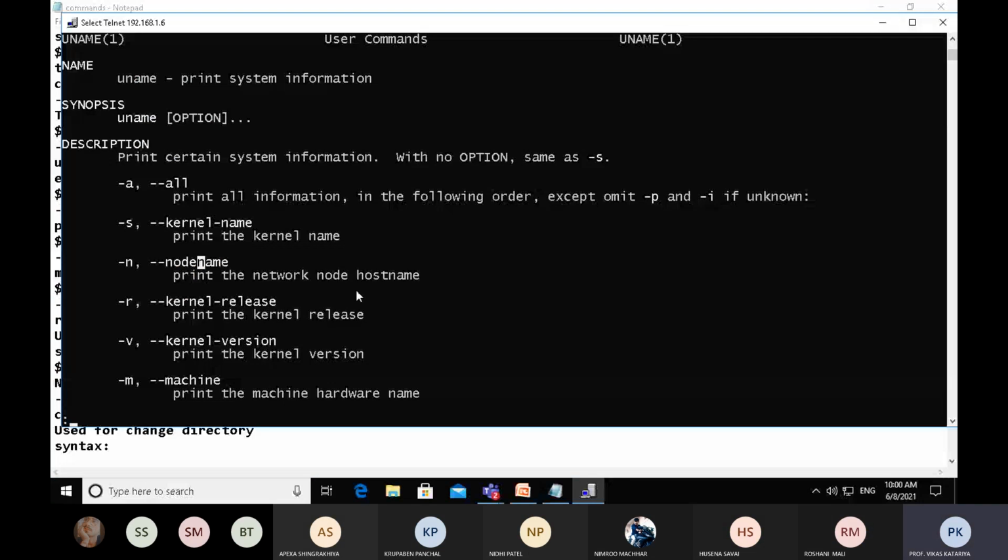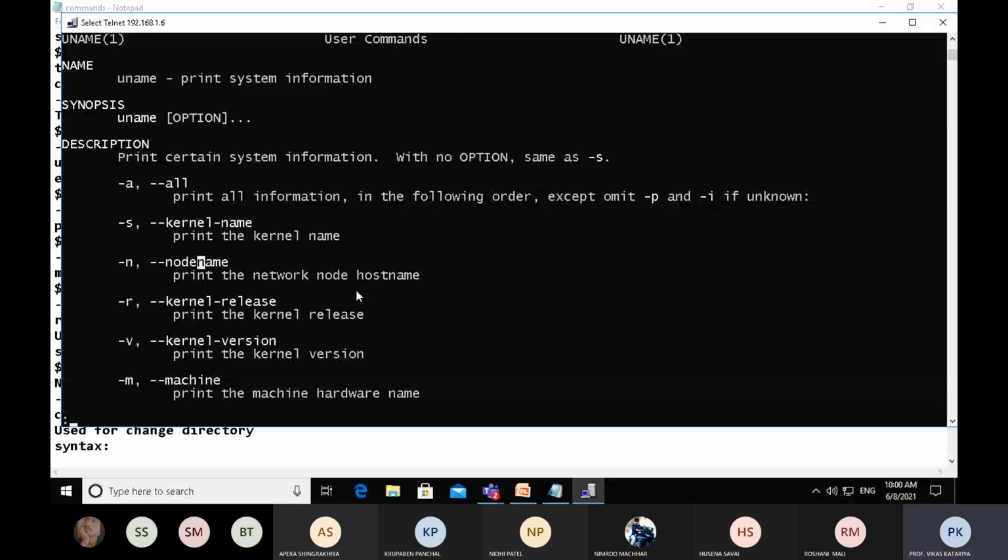Dash r shows the kernel release, and dash v shows the kernel version. By pressing enter you can see so many options are there.